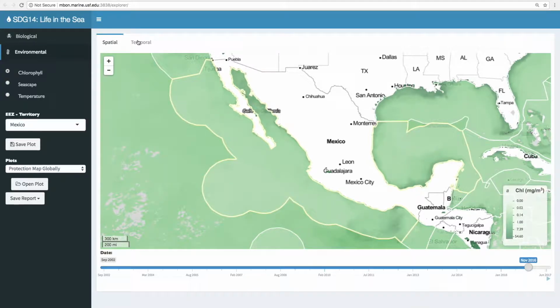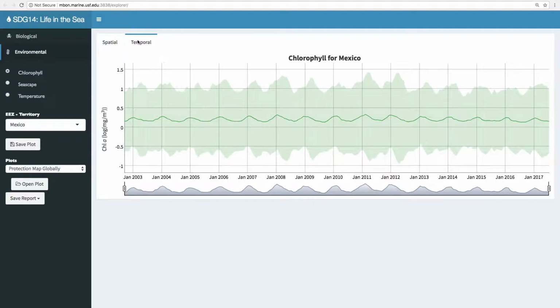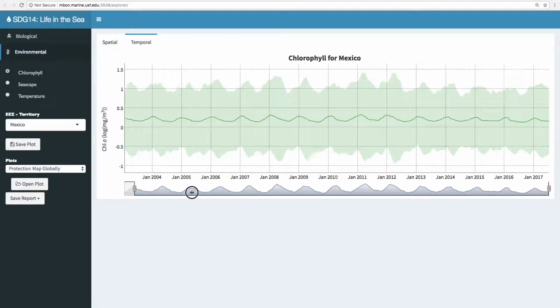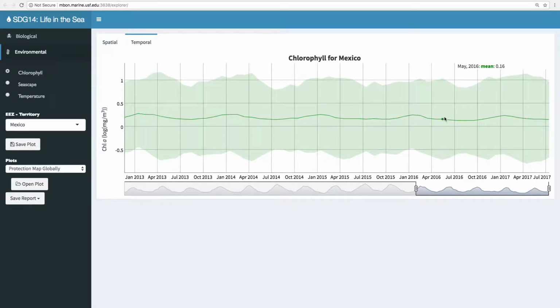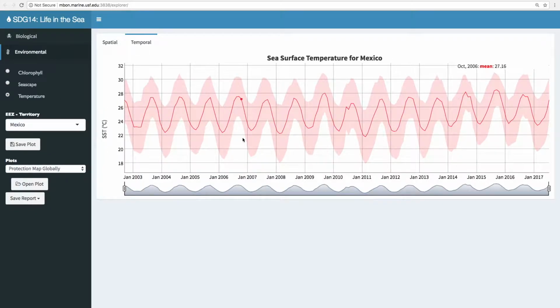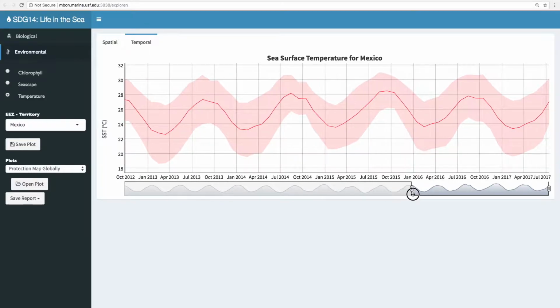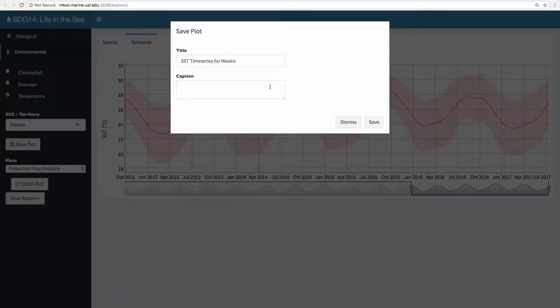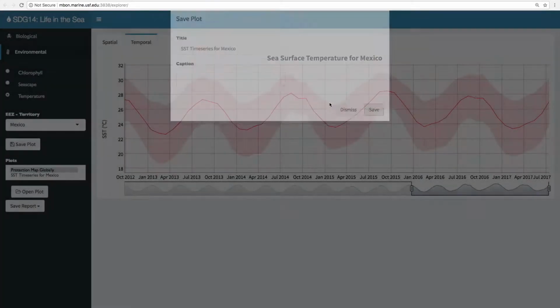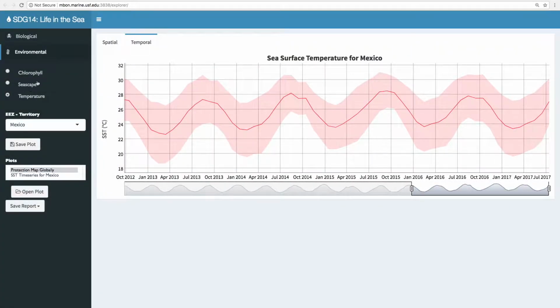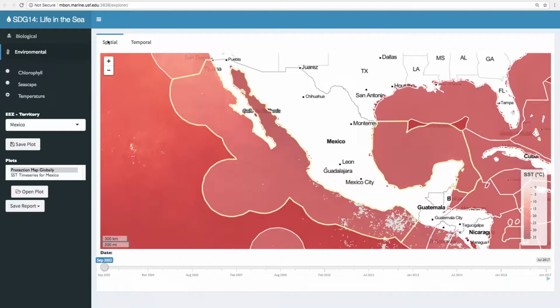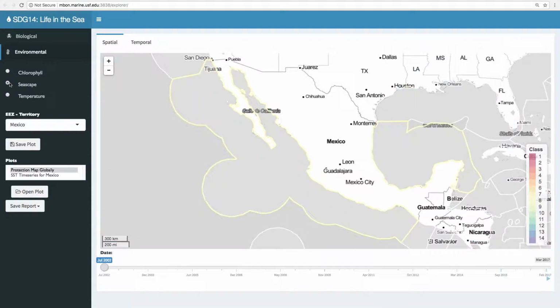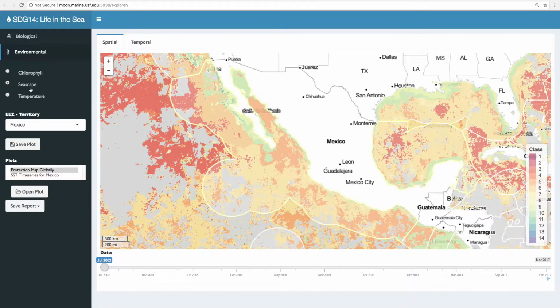But once you have an area selected, then you can look at the summary of that data. So we can zoom to a time period of interest, or we could change it up to a different data layer, such as sea surface temperature, where you really see that seasonal signature. And then we can save the plot, SST time series for Mexico. And there's also seascape data in here too. So we can look at the seascapes, and these are